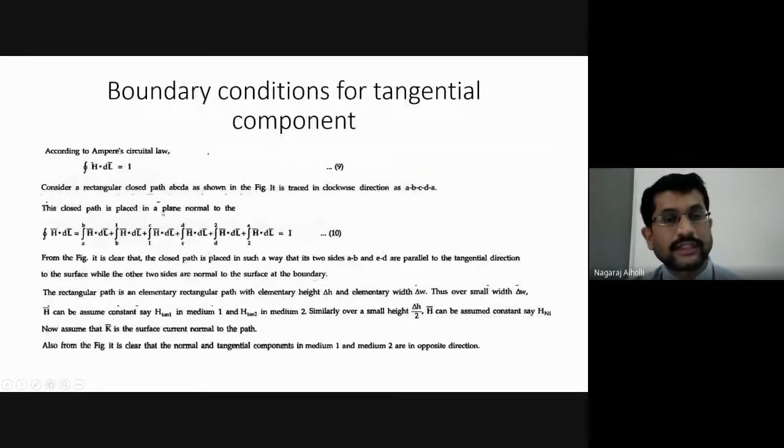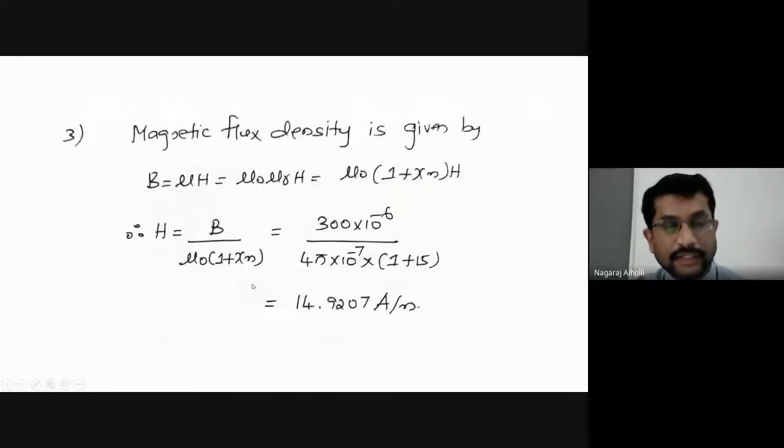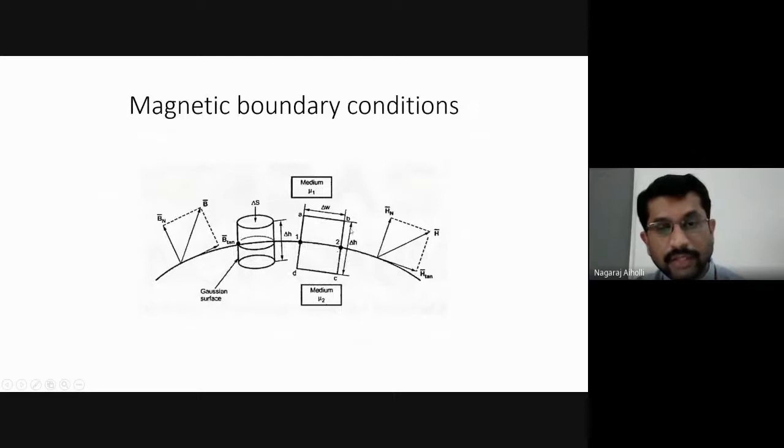If we integrate H bar dot dl bar, we get the total integral. How to evaluate it? It is a closed line integral. Therefore, we have to evaluate from A to B, B to 1, 1 to C, C to D, D to 2, and 2 to A. In the diagram it is shown differently, but here it is taken opposite. This is the total line integral over the surface ABCDA taken in the clockwise direction.